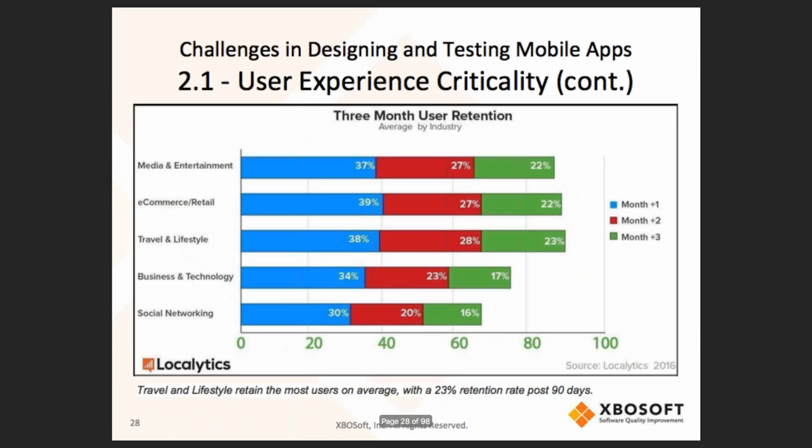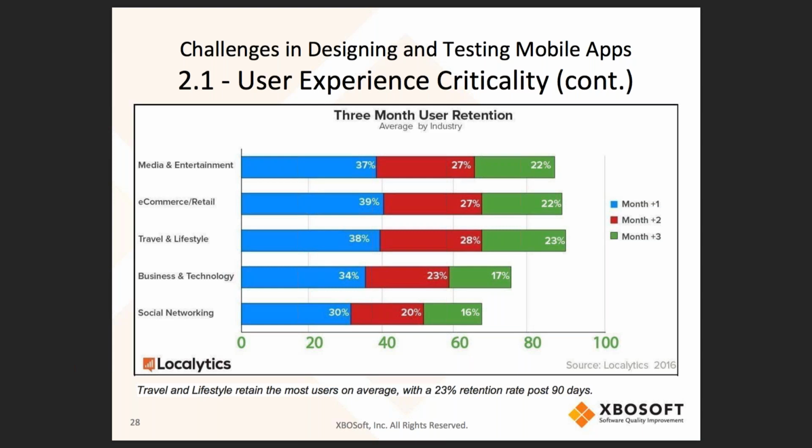Now, I don't particularly like this graph because it's a little bit confusing, but if you look all the way to the green, you'll see that 23% for travel and lifestyle. What that means is that 23% of the users are still retained after they downloaded the app 3 months earlier. So this is a 3-month look at the retention for given applications in different types of offerings, from social to business, e-commerce, media.